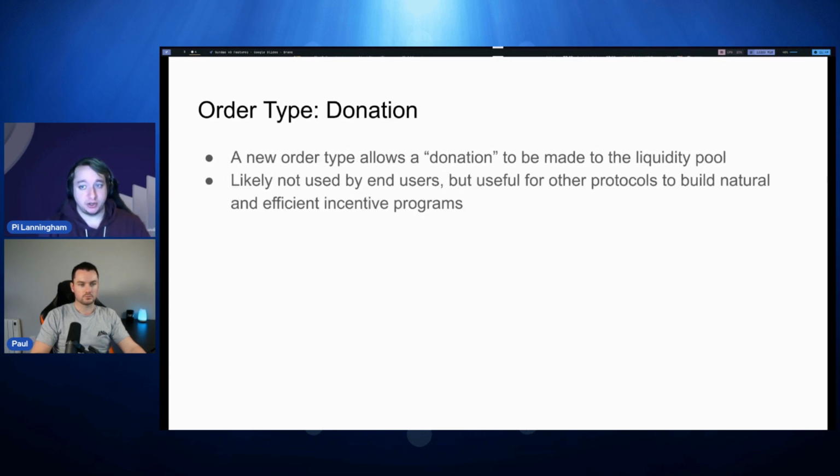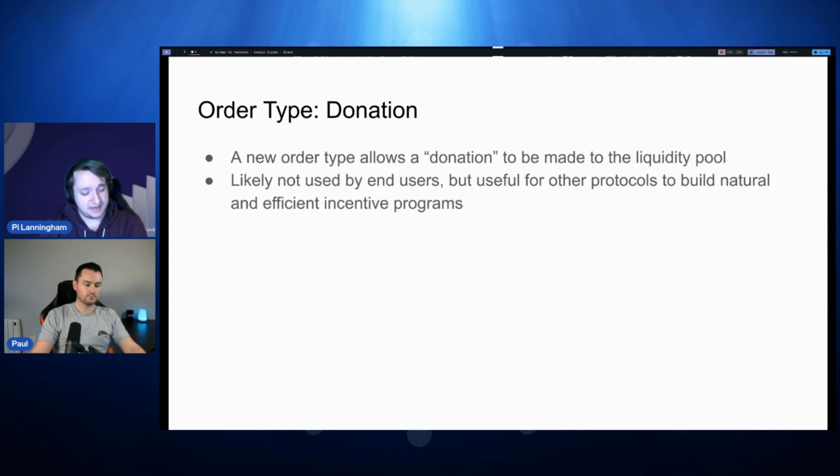I talked about this one a little bit earlier. This one is called donation. Like I said, it's a really good way for other protocols to build incentive programs that integrate with the protocol, and it's also designed to be composable.